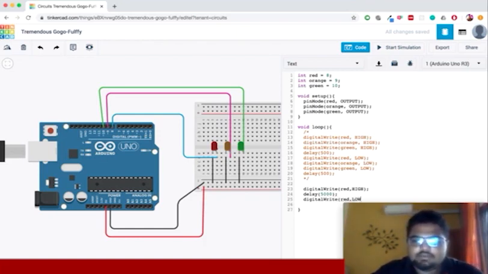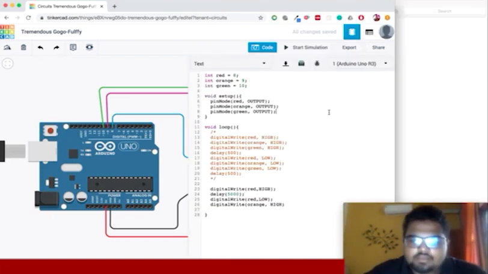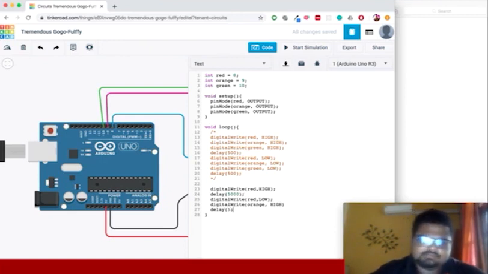digitalWrite red LOW, and at the same time when we switch it off, we need to turn on the orange LED. With the orange turning on, it will stay on for a little bit of time, like half a second, right? And just like that, the orange will switch off, LOW, and the green, as the orange is switching off, will turn on, right? digitalWrite